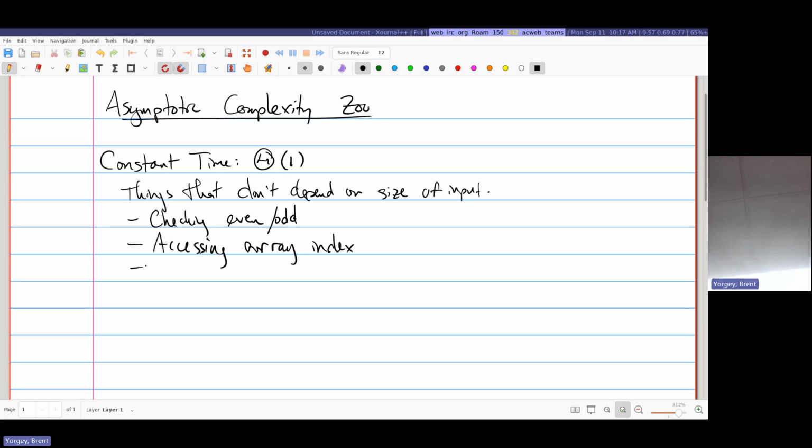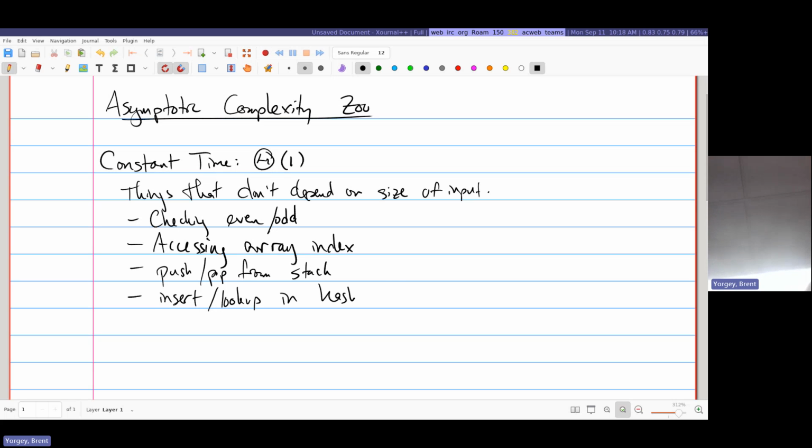Popping an element off of a heap. Well, not a heap actually, but popping or pushing from a stack. That's a good example. It depends on how you implement it, but all sensible ways of implementing stacks let you push and pop in constant time. There's a bunch of data structures that let you add and remove stuff in constant time. A very important data structure that lets you do stuff in essentially constant time is hash tables, like insert or lookup